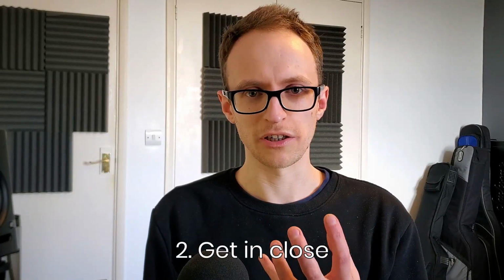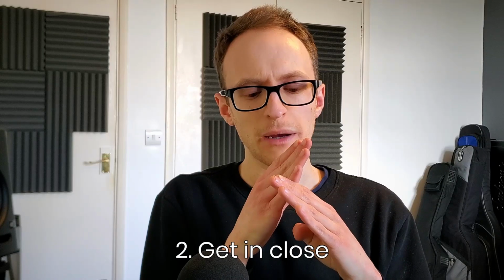And it's hard to notice because, like I said, they are very sensitive condenser microphones and they will pick you up anyway. It's not like a laser beam, the way it picks up audio, but it will sound more intimate and clear if you're pointing it in the right direction. You also want to get a bit closer to the microphone. You don't really want more than about 6 inches or 2 hand widths between the end of the mic capsule